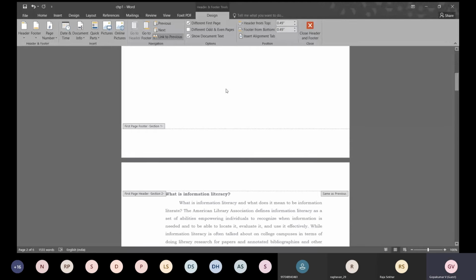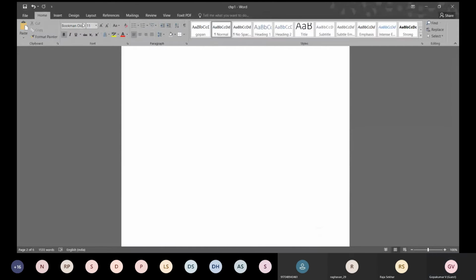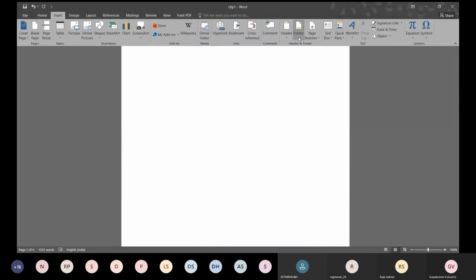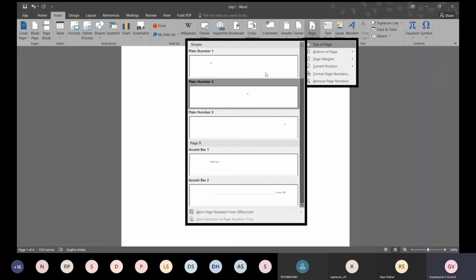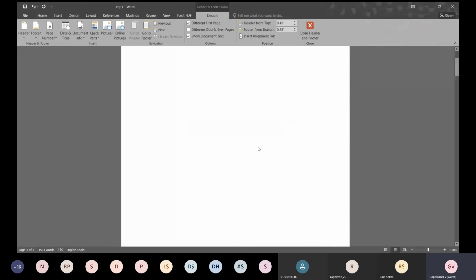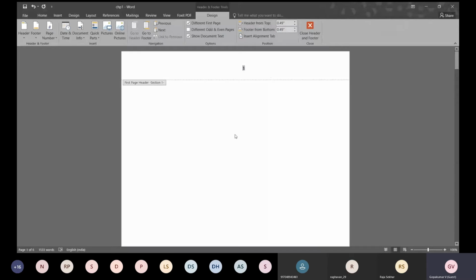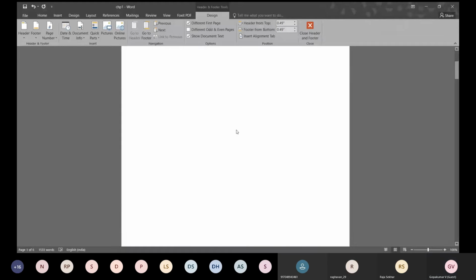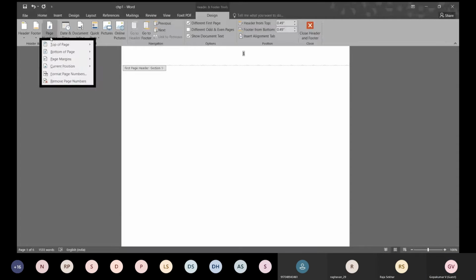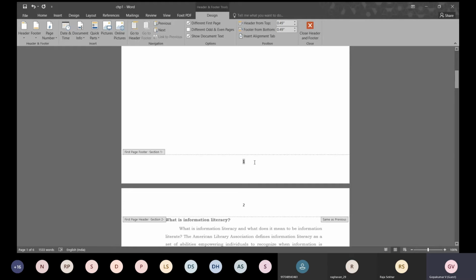Now if I go for inserting a page number, insert page number, again bottom of the page, click here, it will be 1 only. Sorry, it has gone to the top. I will put it on the page number, bottom of the page. Yeah, it has come down, but it is still an Arabic numeral only.